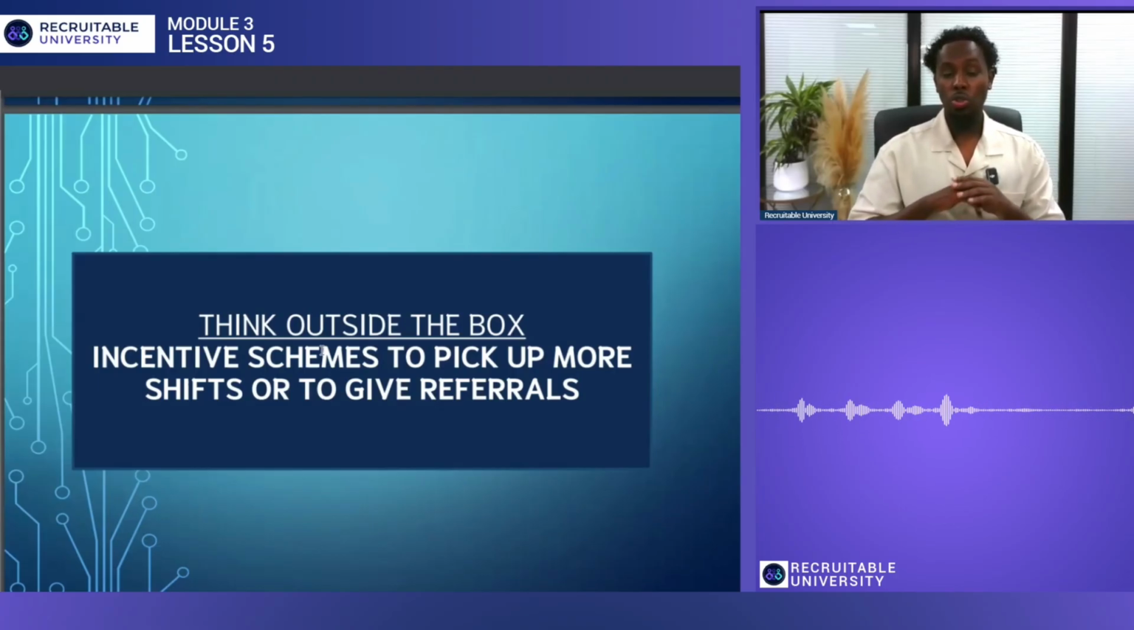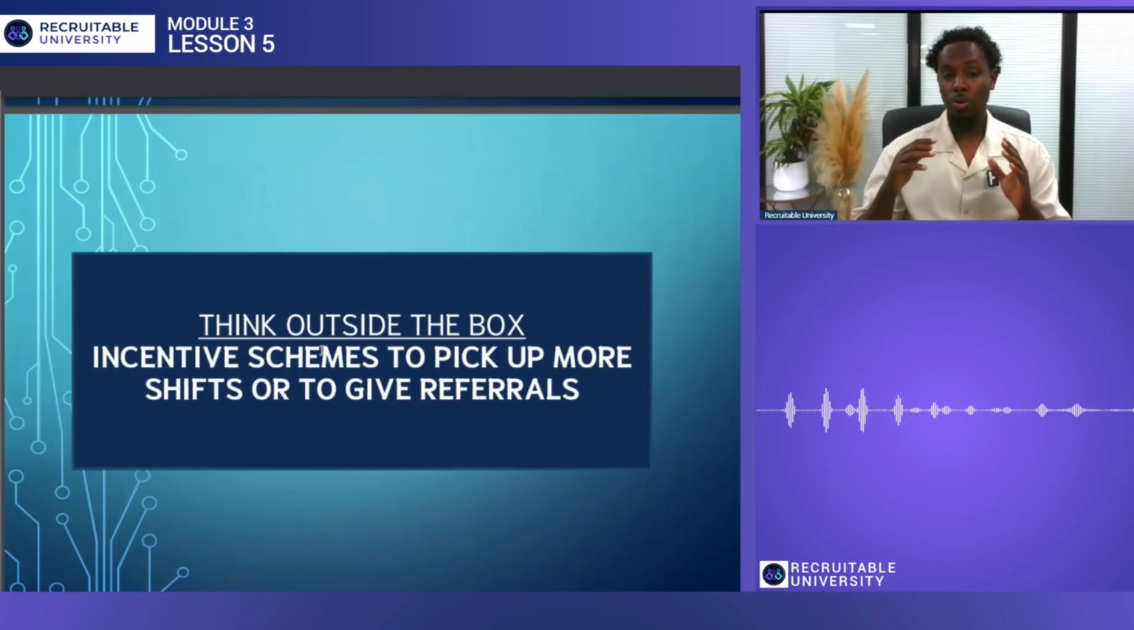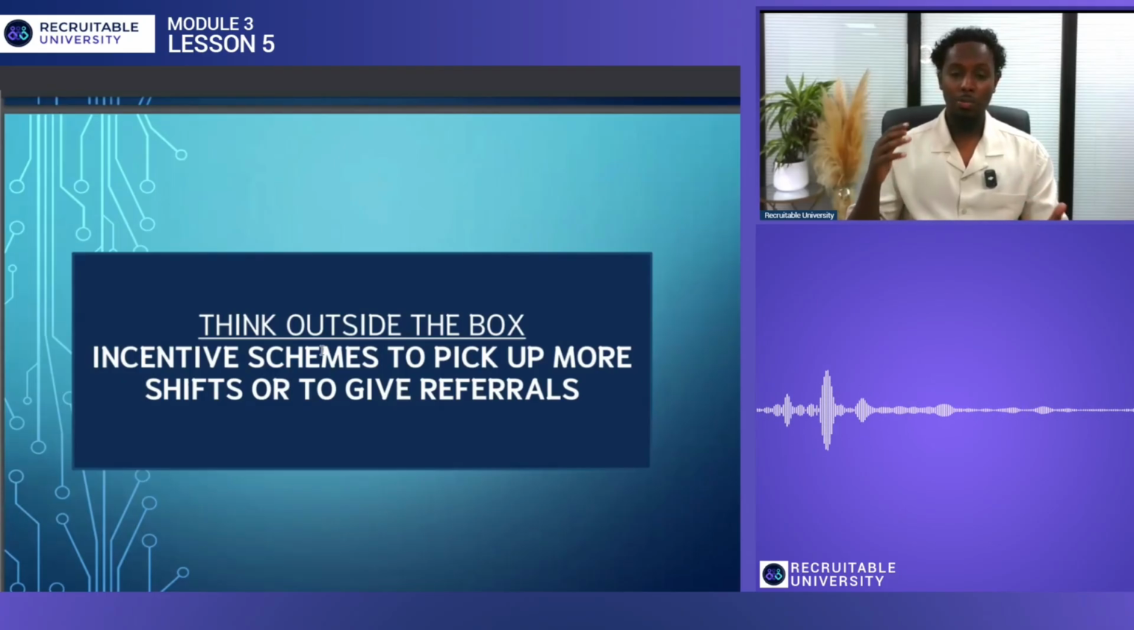So these are all just different ways of thinking outside the traditional way of recruiting and saying to yourself, what can I do to be different? What can I do to be sharp and go out there and find those